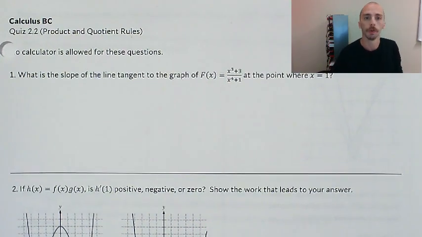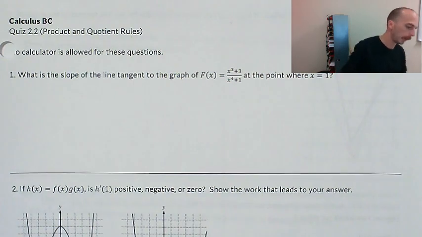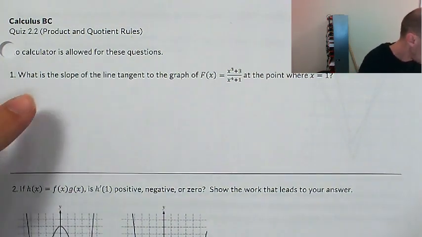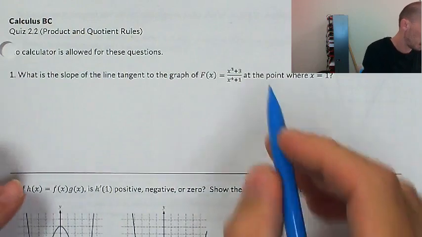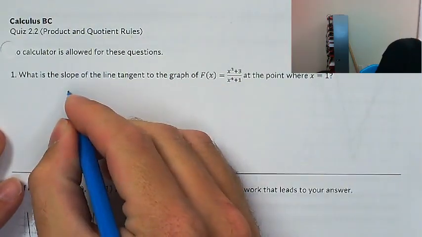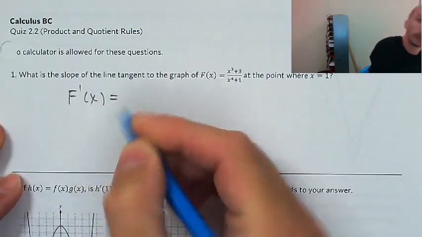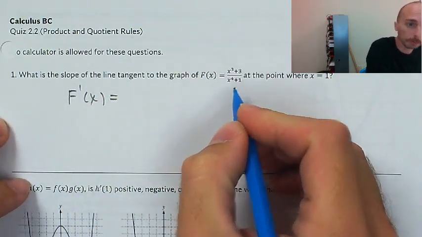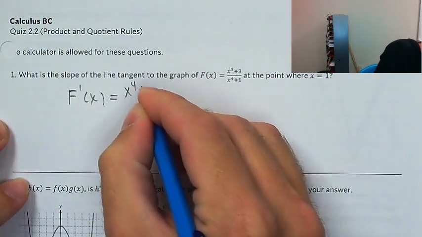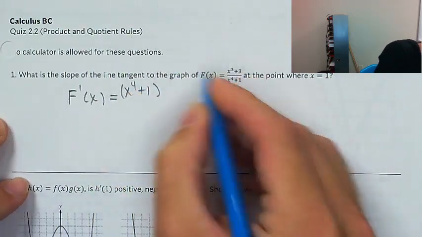All right, so quiz 2.2, this was about the product and quotient rules. And the first one is just what's the slope of the tangent line at the point where x equals 1. So we're going to take the derivative and plug in 1. Okay, this is a fraction, so I'm going to need to use the quotient rule, right? And it starts off with bottom, so it's bottom times the derivative of the top